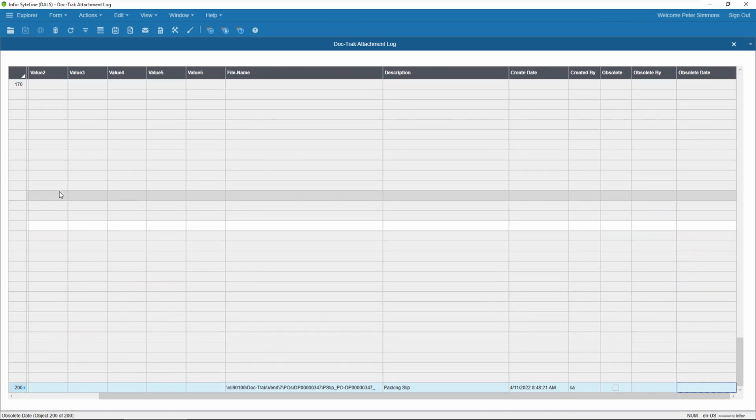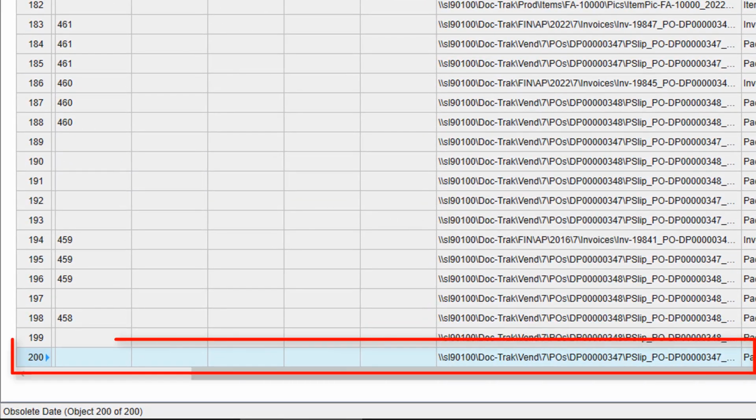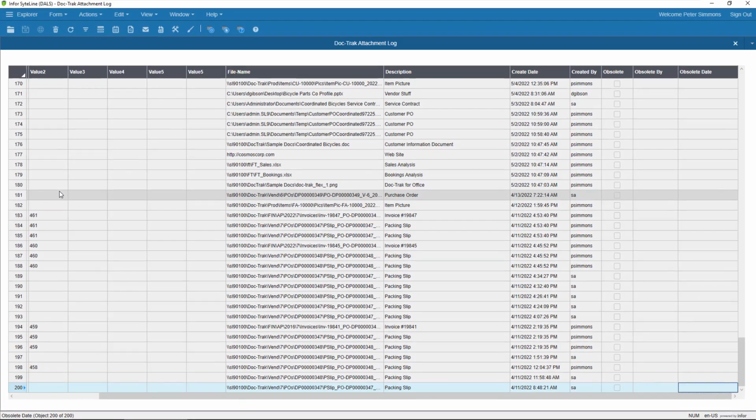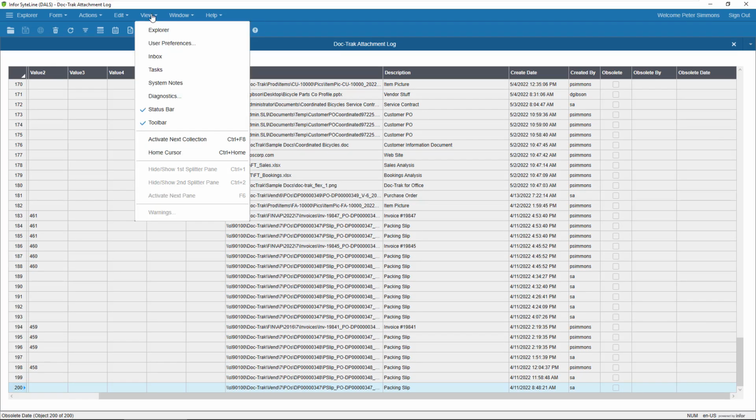If we go to the bottom, you'll see that in my case, this collection only includes 200 records. This is the default limit that's been set up for collections in Sightline. If I want to see more at a time, I can change my data record caps by choosing View from the menu and User Preferences.